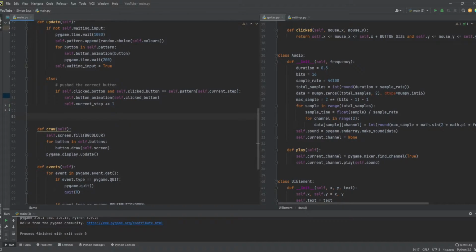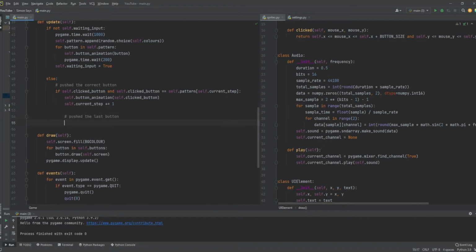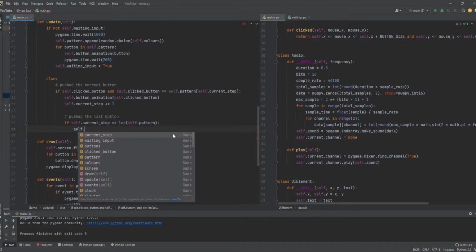And inside of this as well, if we're pressing the correct button, we also have to check if we pressed the last button in that list. So if self.current_step is equal to the length of self.pattern, that means we pressed the last button on that list. Okay, then we do